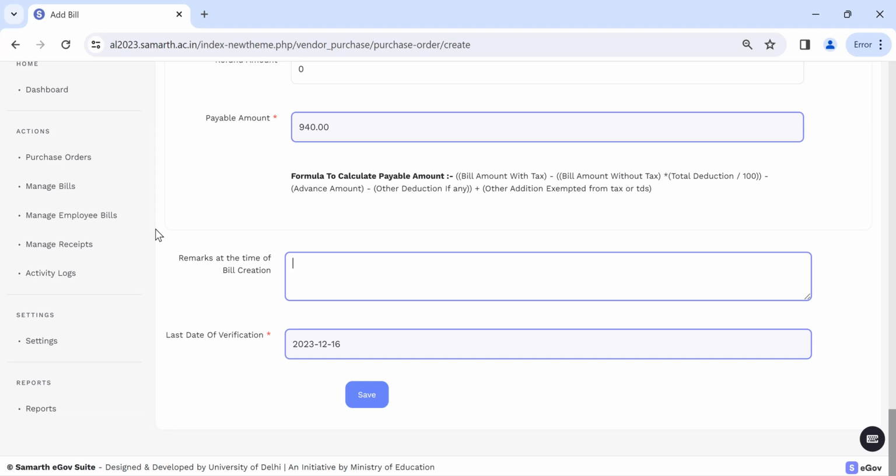Now after approval, the particular voucher, or we can say bill, goes for the payment. After completion of the payment, another two entries will be there. Which entries? The discharge of the liability, that is, the liability is debited. After payment, the liability will be in the debit mode, and the payment will be recorded in the credit